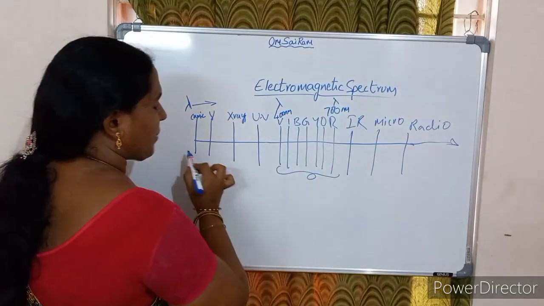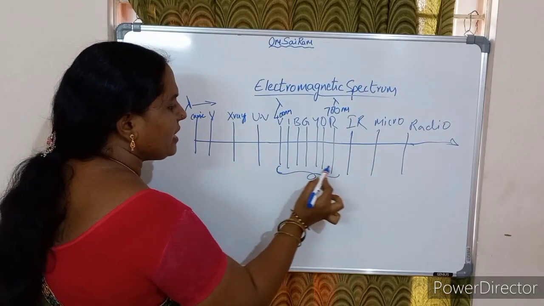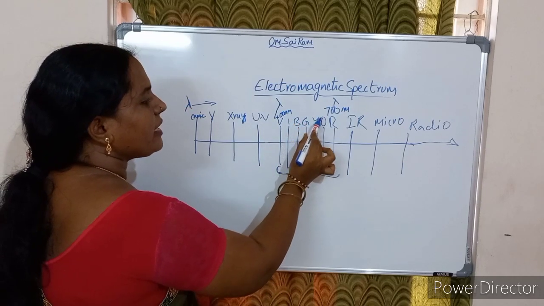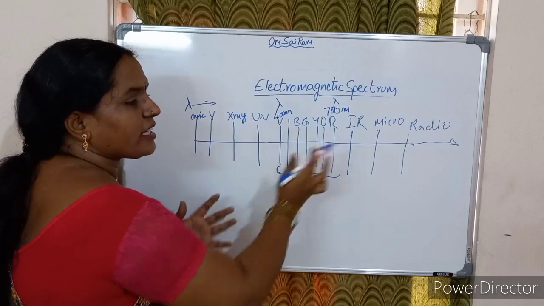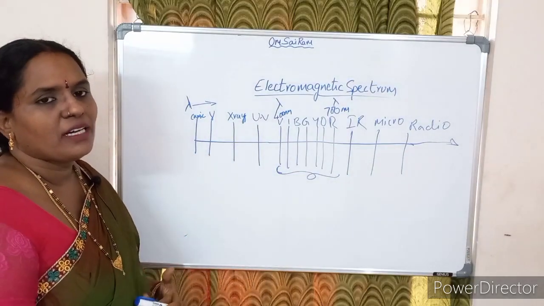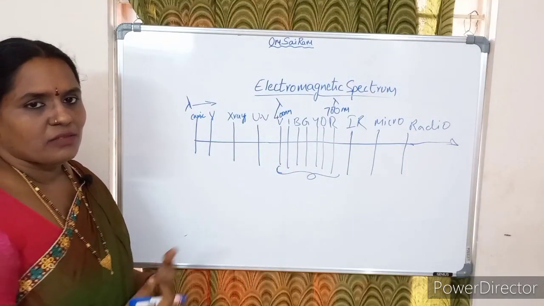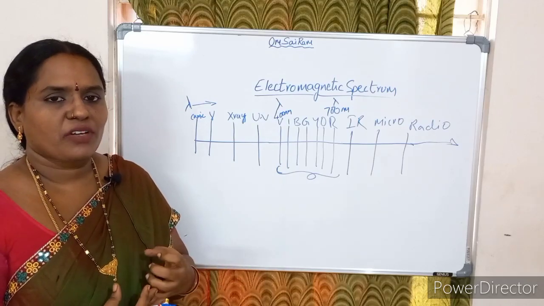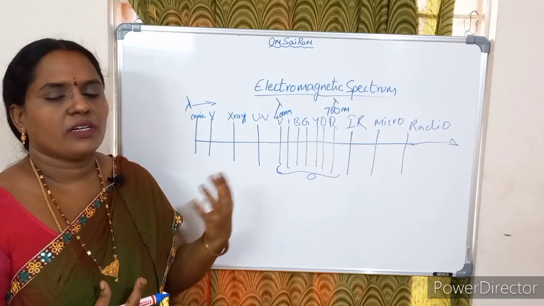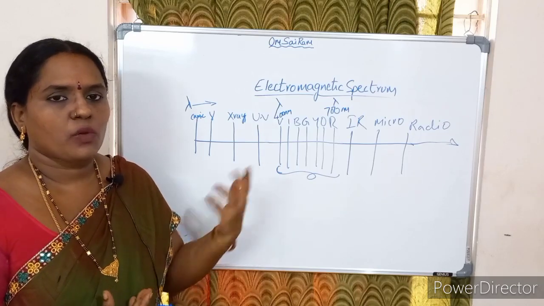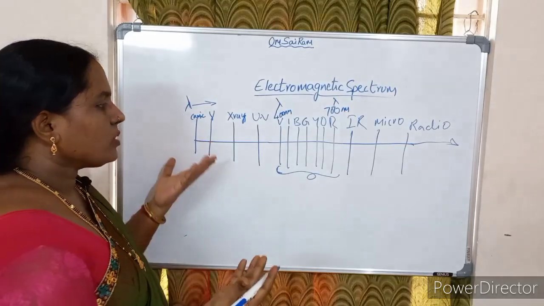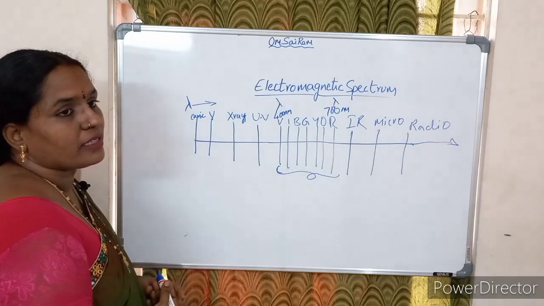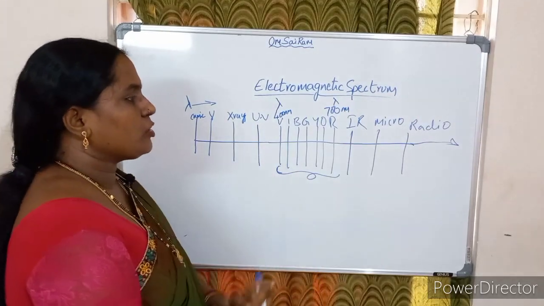In the electromagnetic spectrum, we can see only this particular region: violet, indigo, blue, green, yellow, orange radiations. The remaining radiations we cannot see with our naked eye. Now we are saying that every element will produce electromagnetic waves, colors of their own characteristic. So those radiations will come under any of these wavelengths.